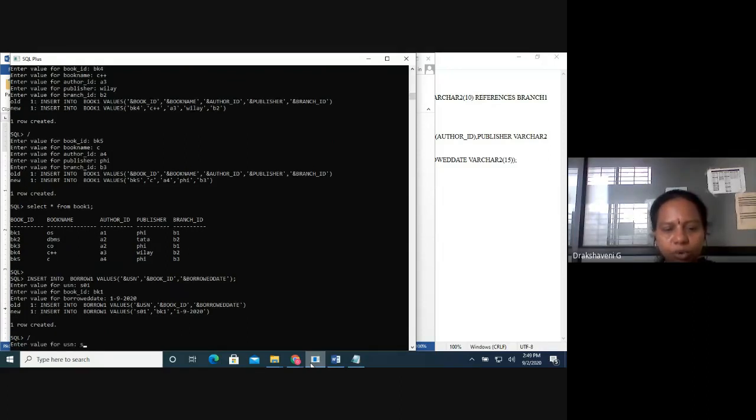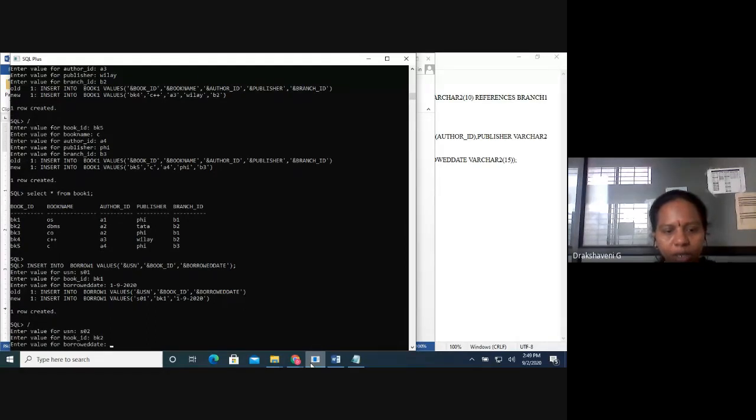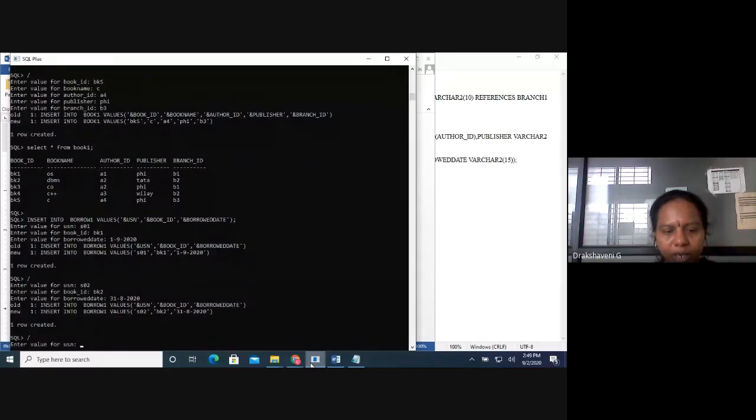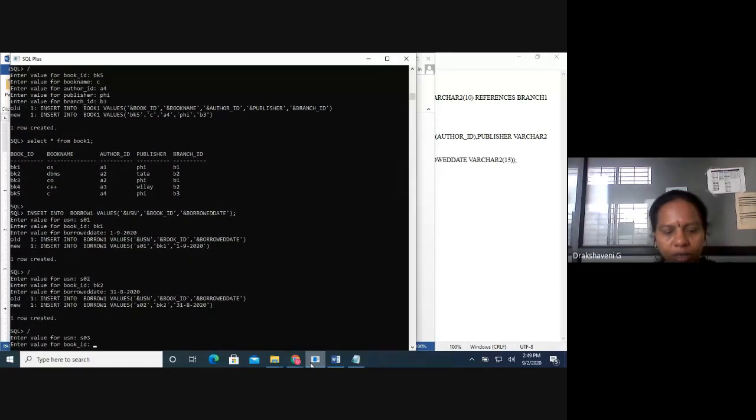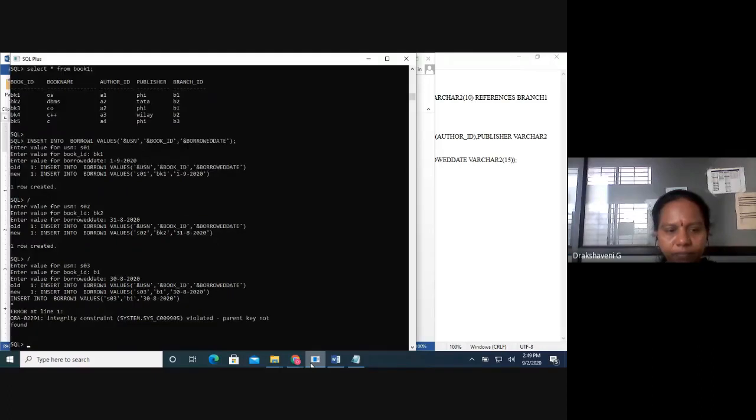I'll insert some more values here. So then PK2 and 2 from 31/8/2020. I'll enter one more book ID, borrower date 30/8/2020.